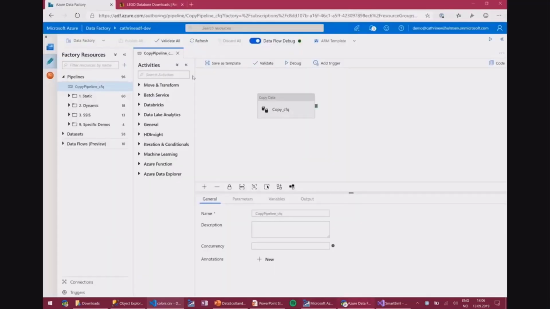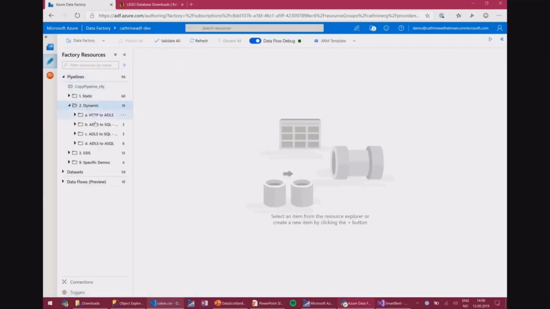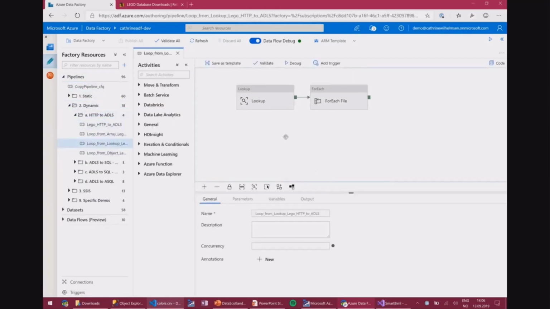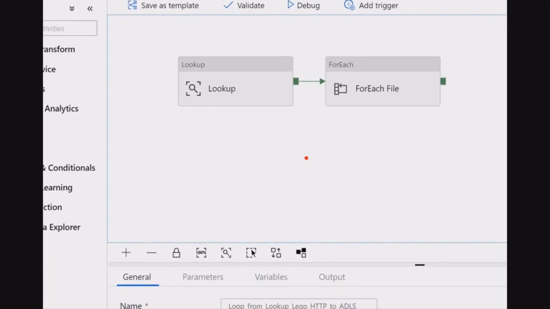So the next step would obviously be, and this is kind of out of scope for this session, that you want to create either a pipeline for each of those files, or you want to create a dynamic pipeline. I'm not going to walk you through that entire bit, but I can show you a pipeline that I've already set up. Inside of this is probably a pattern that you recognize. You look up the configuration from some kind of table or a file where you specify which files you want to load, and then for each of those files you go ahead and copy it. It's a very common pattern, so you don't have to create one pipeline for each.